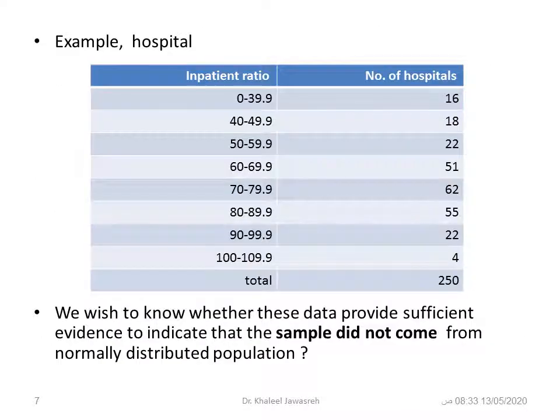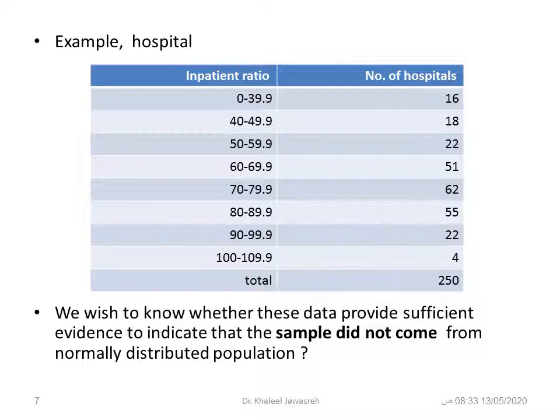Now I have an example right here. I added the frequency table. The frequencies, as we discussed previously, are just a continuation of our discussion. In this example, we have the inpatient ratio and the number of hospitals. So this example deals with a number of hospitals. We go directly to those hospitals and count the inpatient ratio